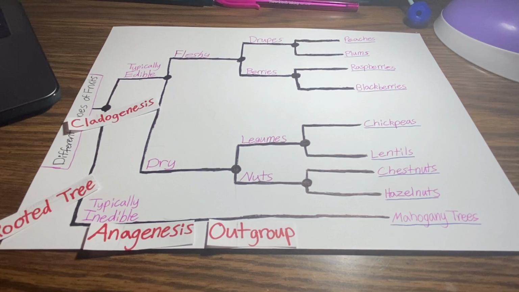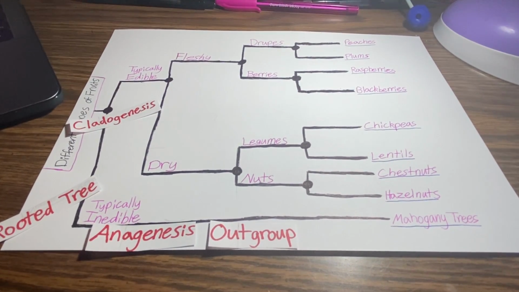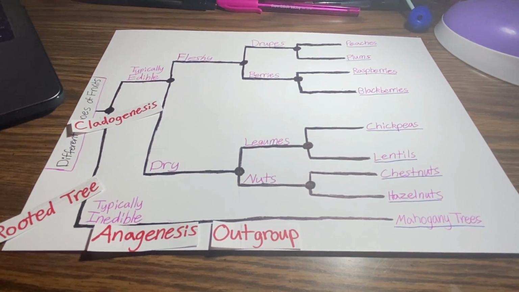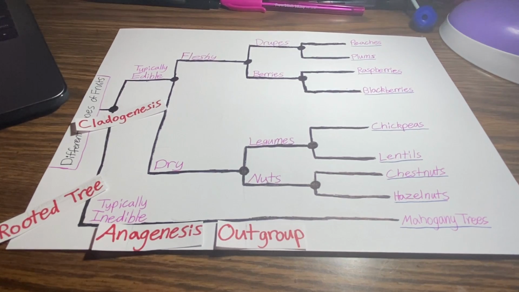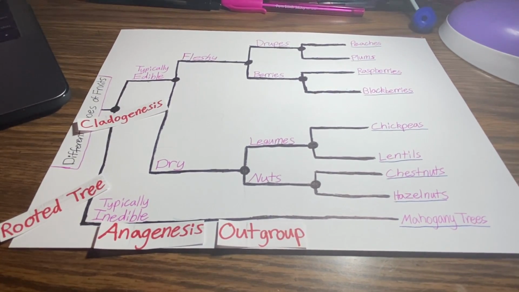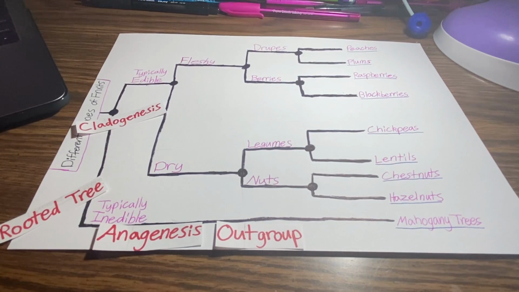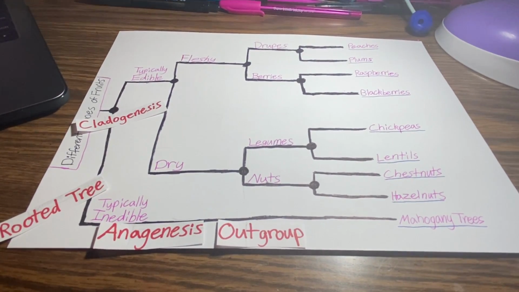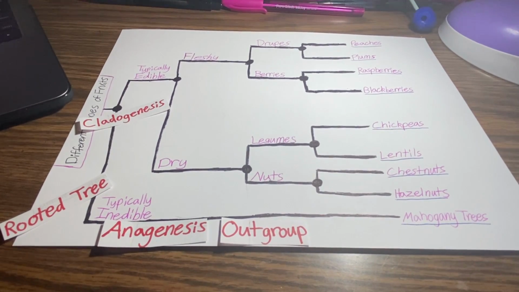The typically edible category then branches into fleshy and dry fruit categories. Dry then splits into categories of legumes and nuts, while fleshy branches into categories of drupes and berries. On the dry side, the category nuts branch into the foods hazelnuts and chestnuts, which have the shortest lines, meaning the OTUs, or differences, are the smallest. The same actions happen with legumes, drupes, and berries.